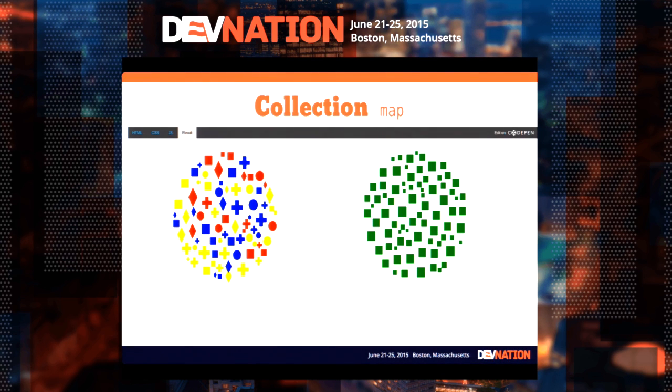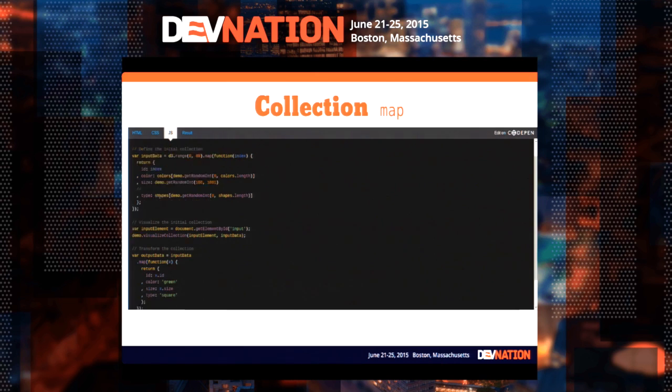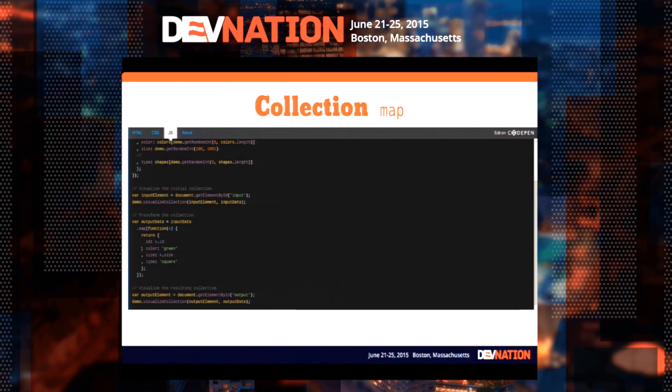We can see how it works on the collection. We have our shapes on the side with color, shape, and size, and they all get mapped into green squares of size proportional to their initial size. If we look at the JavaScript code here, we can see the code to initialize the collection. And here, we define the output data as this input data with that same map we saw on the previous slide. So this piece here, we're going to see is exactly the same